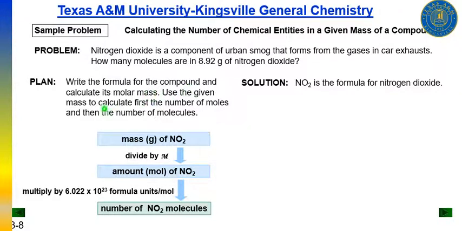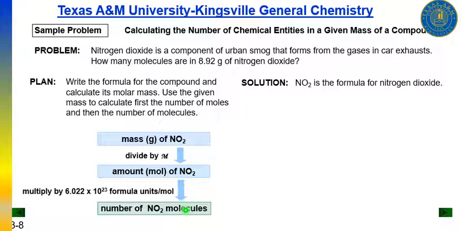And then you convert mass in grams to moles, and then you convert the moles to the number of molecules. So this flow chart shows you write down the molecular formula accurately, NO2, and then you divide by molar mass to convert mass to moles, and you multiply the moles by Avogadro's constant to produce the number of nitrogen dioxide